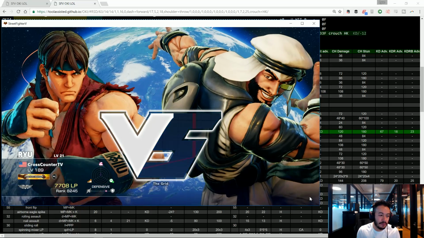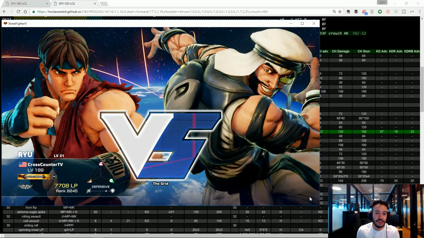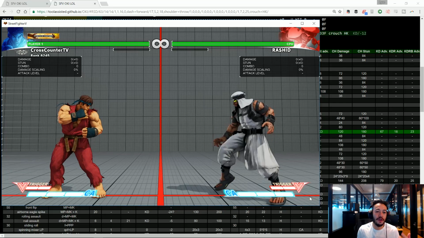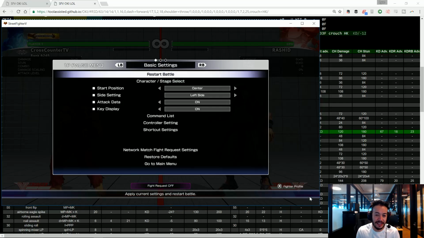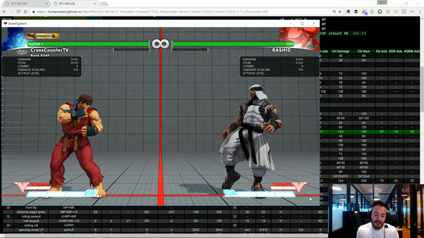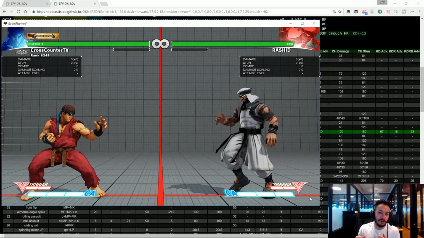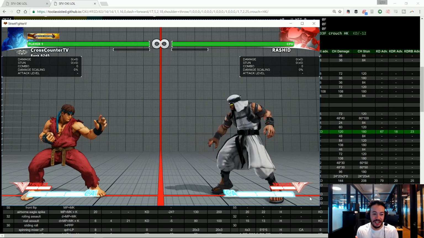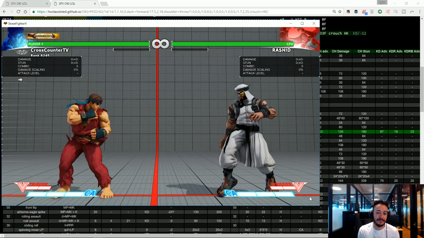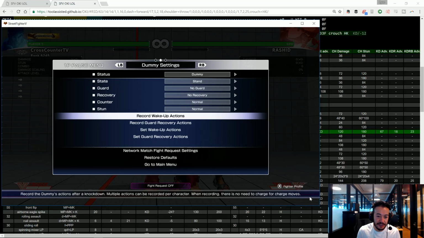The reason it's important to know these things is so that you know Ryu can't just throw you and then dash up and throw you again. We can talk about teching throws next, but before even worrying about teching a throw, if somebody is hitting you with something that's technically not a legit setup, then you shouldn't even have to deal with that. So what we're going to do is set the dummy's wake up action